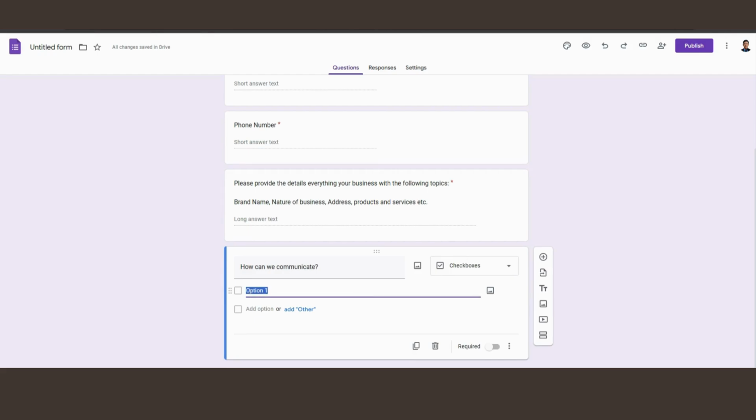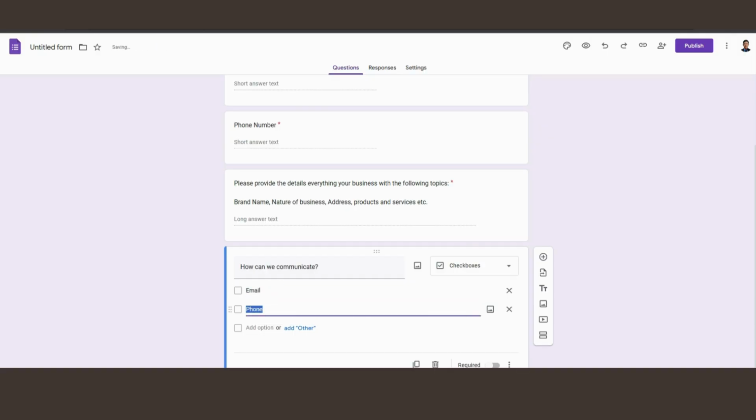So let's say, for example, email. Next, WhatsApp. Next is Telegram. Next is Messenger. So that's it.